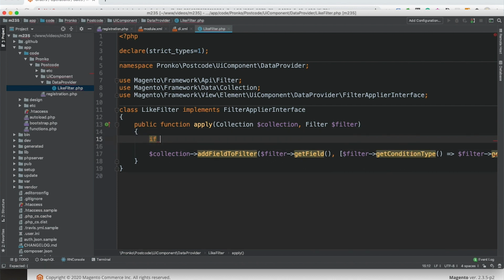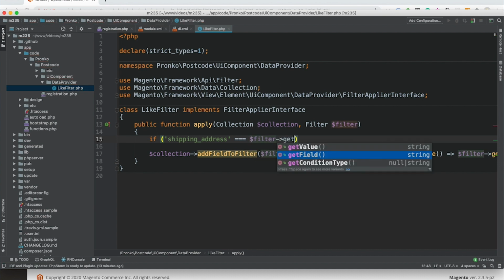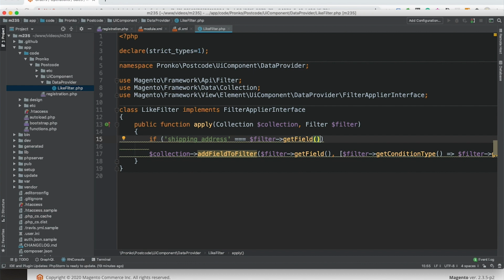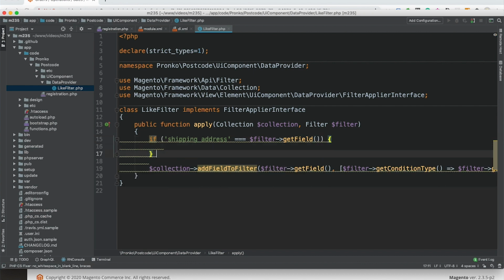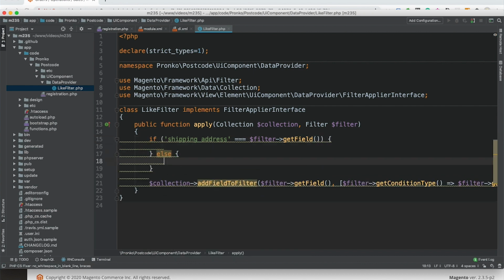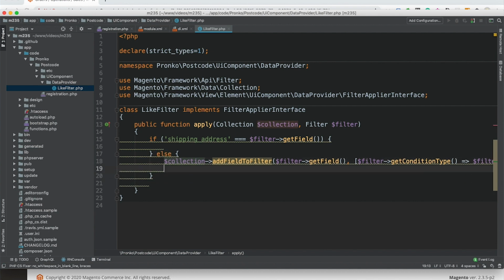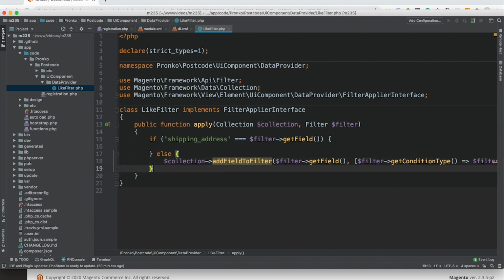However, we are not going to rely on the default logic. We are going to add a condition, and this condition is going to be the following. If our field or filter and the name of the field equals shipping address, it means that we can add our custom logic in order to provide additional filters for our collection.